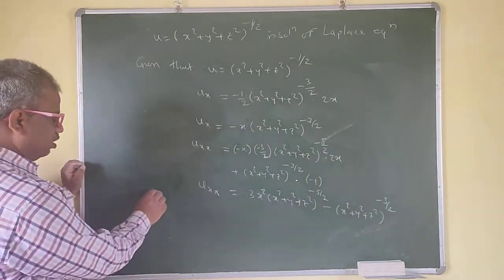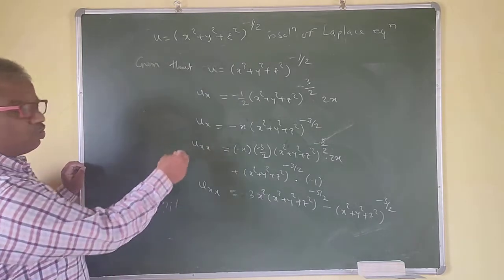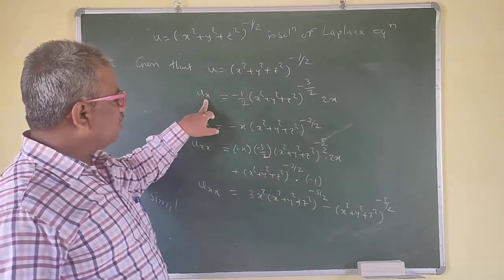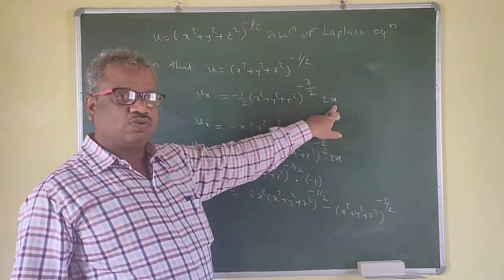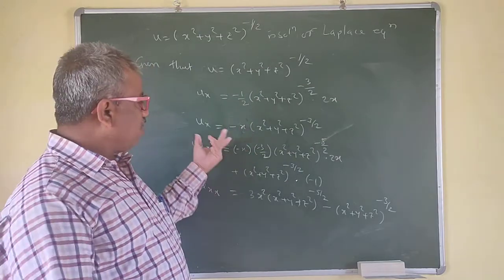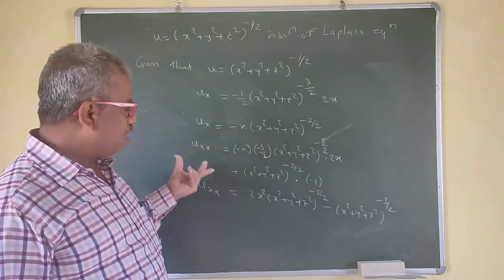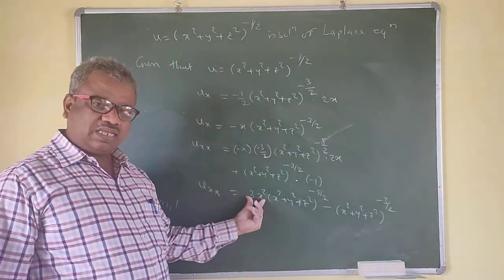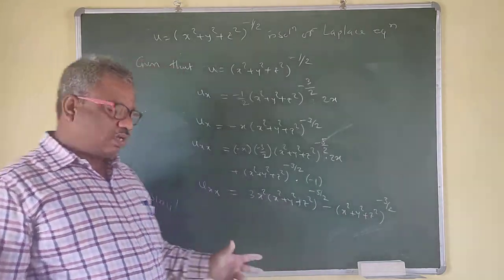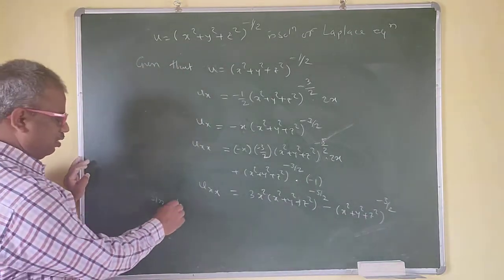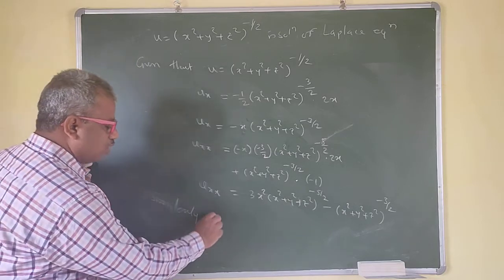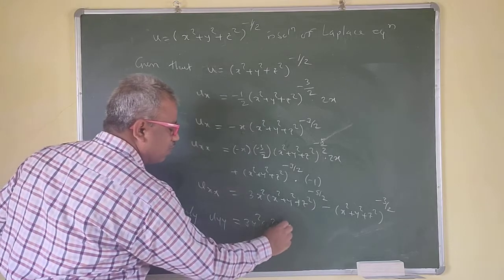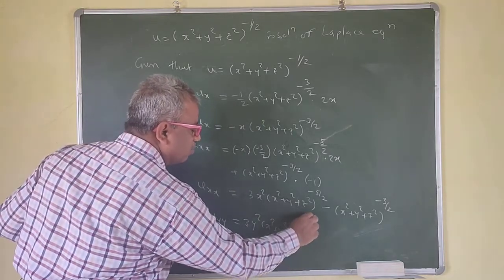So we'll say similarly. So no need to differentiate this one with respect to y, then with respect to z. So what happens if you are differentiating with respect to z now? So what we get here? Only 2z. 2 get cancelled, your z. Again you are differentiating with respect to z, so we have to apply the product rule again. So your twice z will be as it is. So what we get here? 3z square now, right? So we can say similarly, uyy is equal to 3y square (x square plus y square plus z square) to the power minus 5 by 2